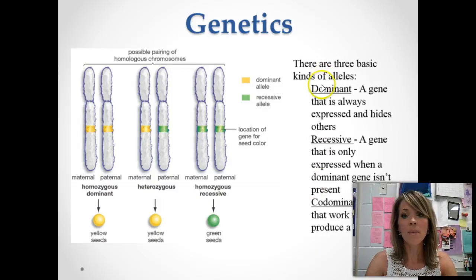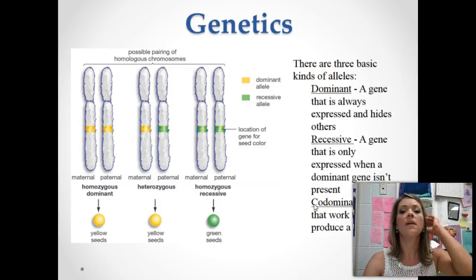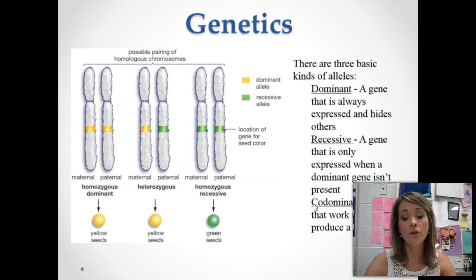Now, the dominant, recessive, and codominant, what that means: if an allele is dominant, if that version of the gene is dominant, that means that it's always going to be expressed. If you have that particular allele, that's what you're going to see in the organism. If it's a recessive gene, the only time you will see recessive genes is when you have two of those recessive genes. And then we'll be talking about codominant later. Those are genes that are actually going to combine,